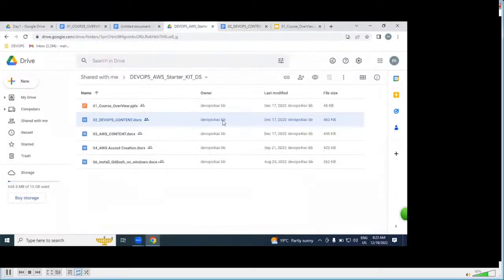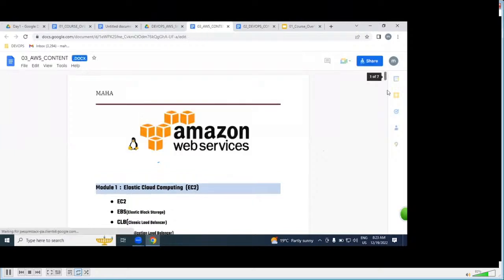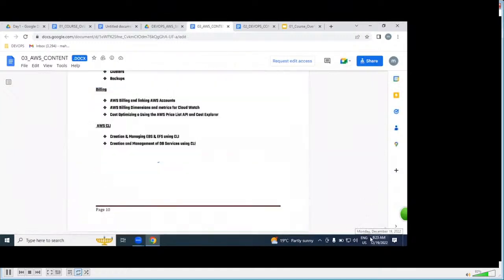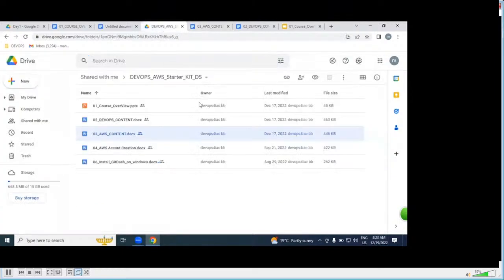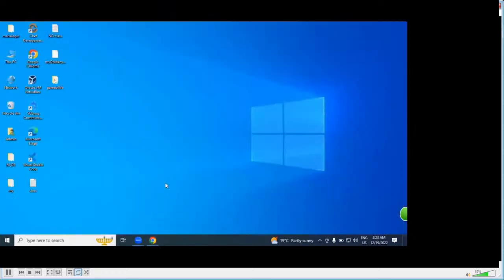The same way, we have AWS content also. It is around 9 or 10 pages of content. After the session, please revise these two documents, what we are going to be discussing in the 4.5 months. Offline students, by the end of the session, you can take it, and please ask me, I will share it. So this is the course overview.